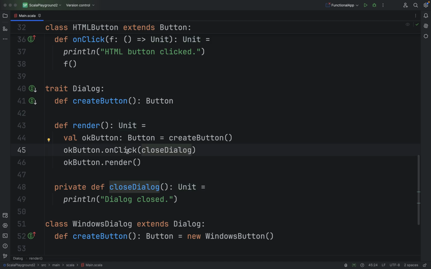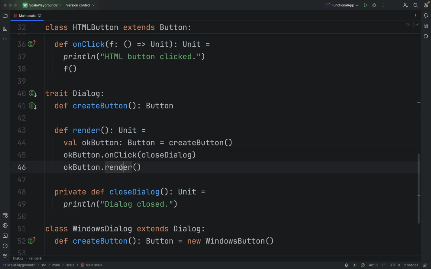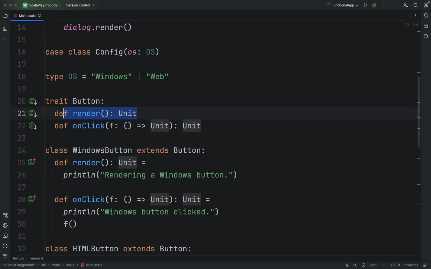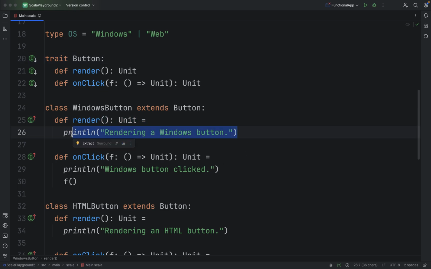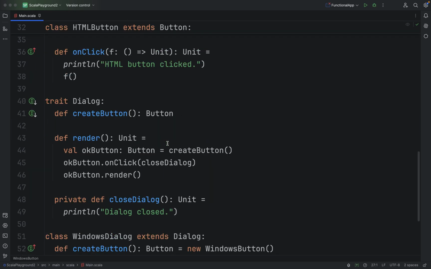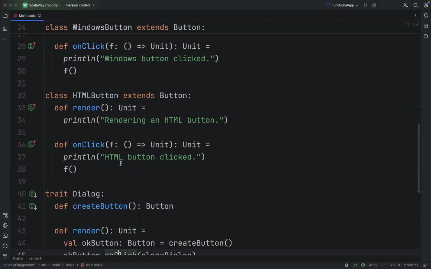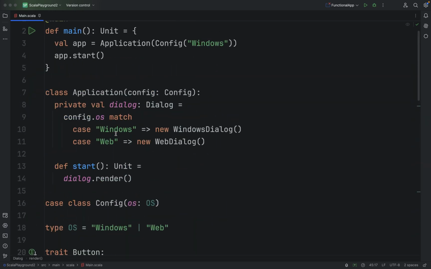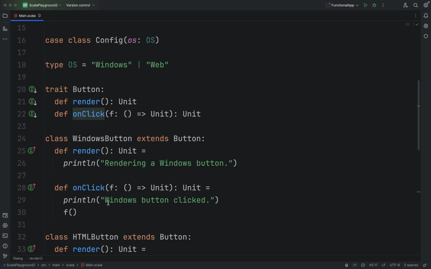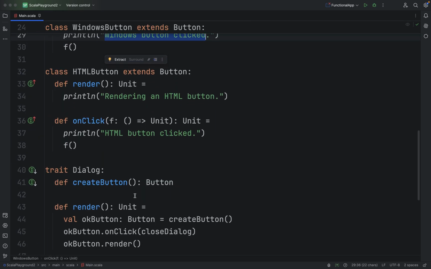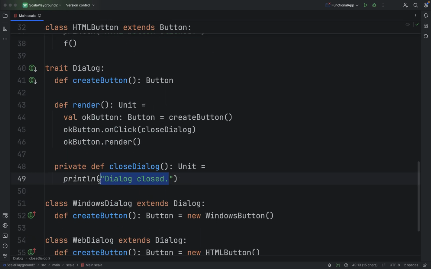So we call this on click, and then we have the OK button render. OK button render is here, rendered within the button, and then we have render here for Windows. It will be rendering the Windows button. So what we should now see in the console is that if it is Windows, then we firstly see Windows button clicked, then we need to see that dialog closed,